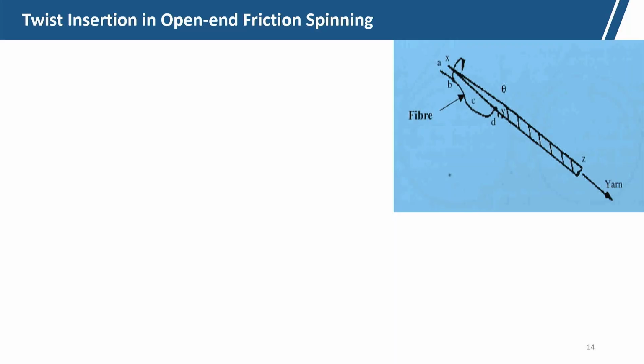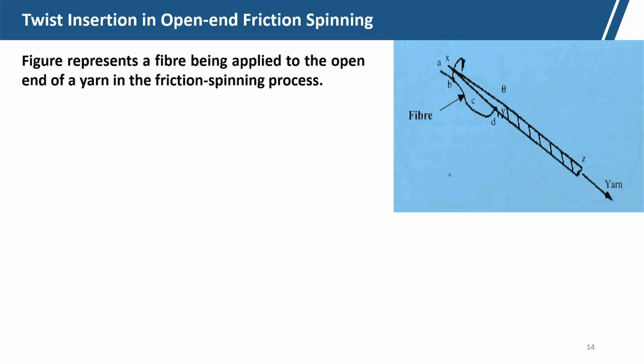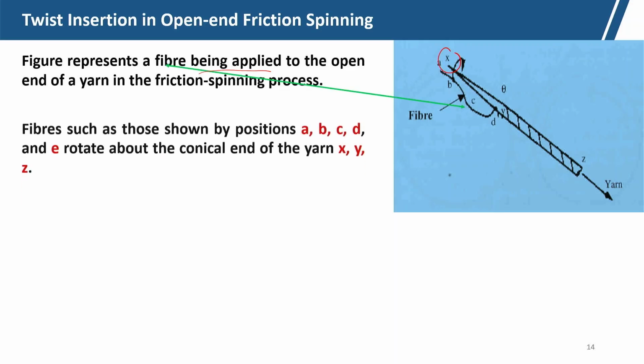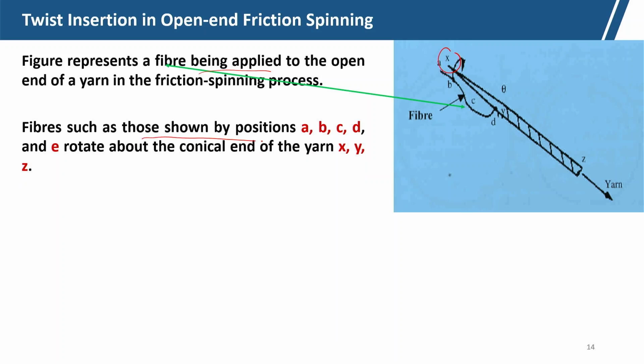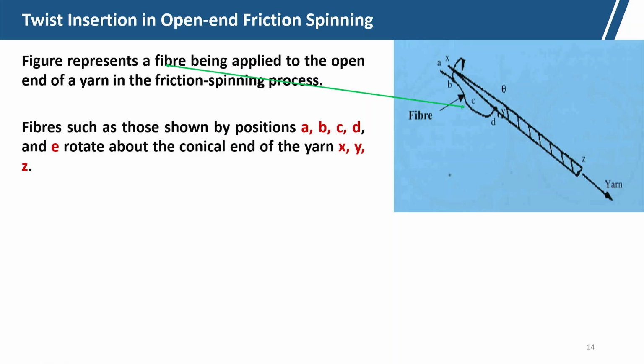Now, the twist insertion in open end friction spinning, how is the twist getting inserted at the tail end? Now, consider one fiber, this fiber is shown by A, B, C, D, E. This figure represents the fiber being applied to the open end, this is the open end of the yarn of the friction spinning. Fibers such as those shown in positions A, B, C, D, E rotate about the conical end. So, these fibers at different positions rotate about the conical end